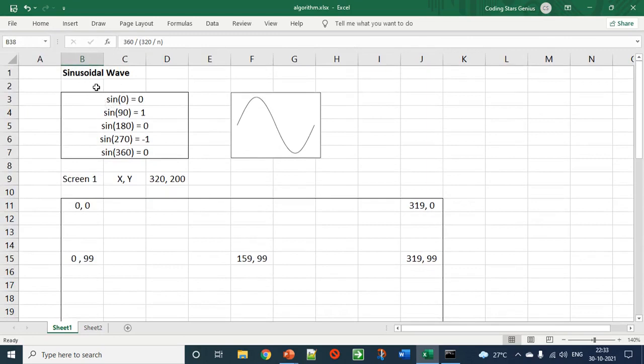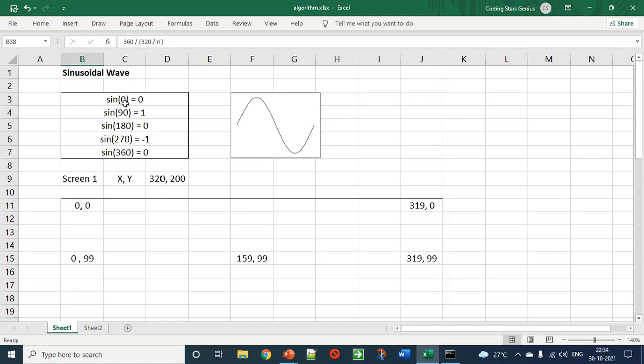Basically it is a mathematical function which says that sine of 0 degrees results in 0. Sine of 90 degrees will result in 1. Sine of 180 degrees will result in 0. Sine of 270 degrees will result in -1, and sine of 360 degrees equals 0.